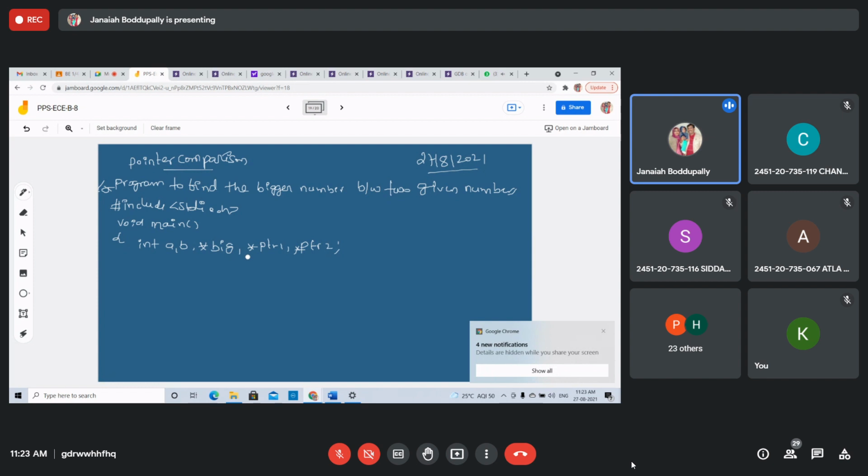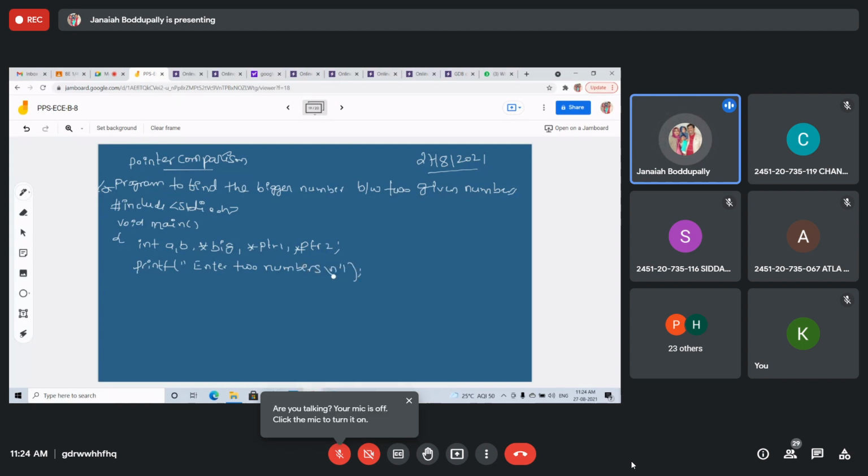a equal to b. Same, like printf. Take 2 variables. printf "Enter 2 numbers". That's it. Now scanf. How to enter the two numbers? scanf, %d, ampersand a, ampersand b, right?